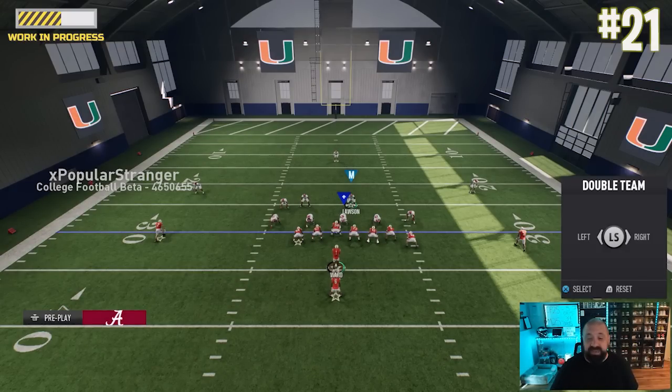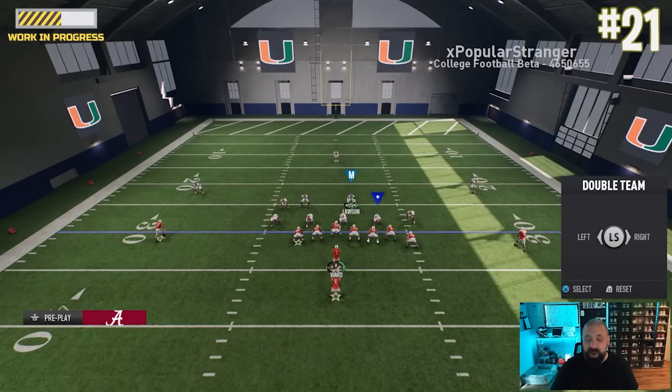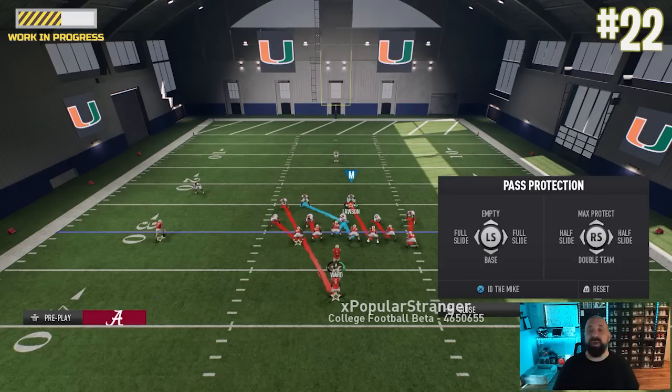Now to select a different player to double team, you're going to move your left analog stick to the left or the right to go ahead and select one of those players. And again, that plus indicator is going to select who gets double teamed. One other option you have in this menu is